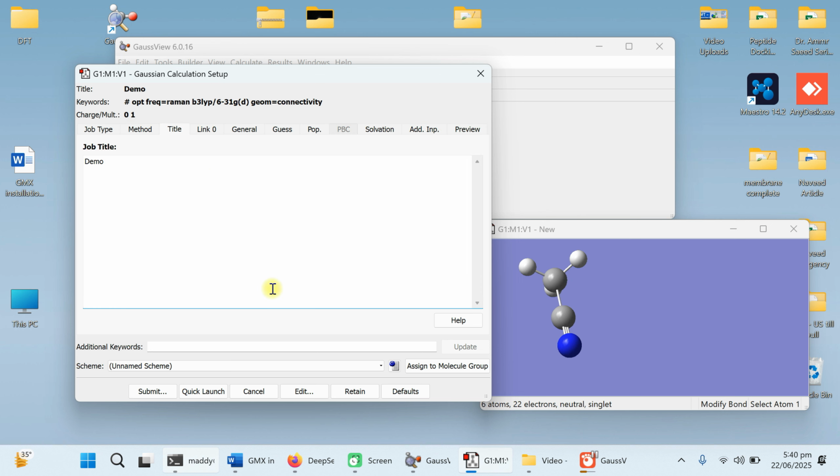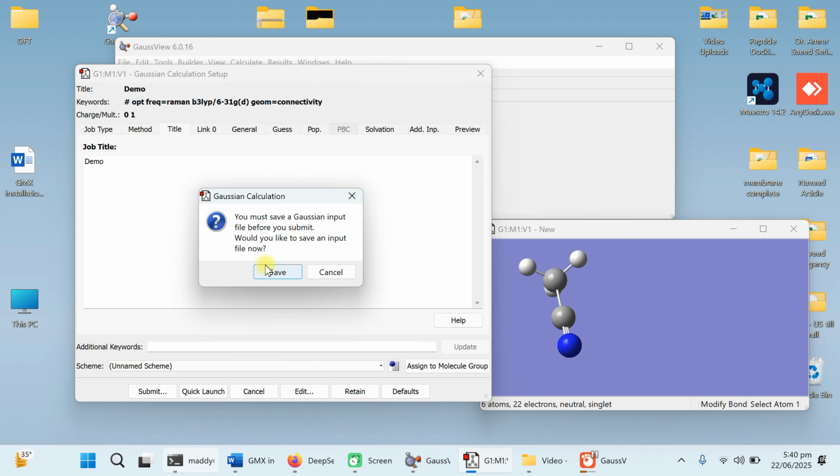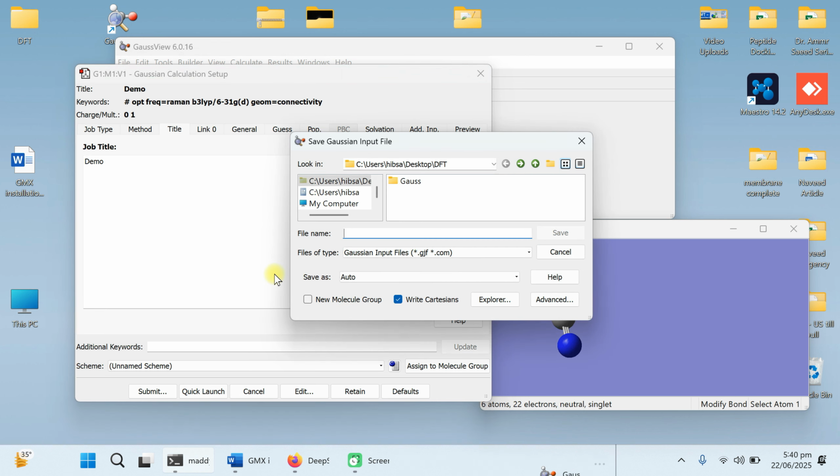When you have given the title, submit the job. When you submit the job, it asks you to save the file as input. Click on the save button. It will ask you the path. I am giving it the path on the desktop, where I have prepared a folder with the name DFT, and I am giving it the name demo